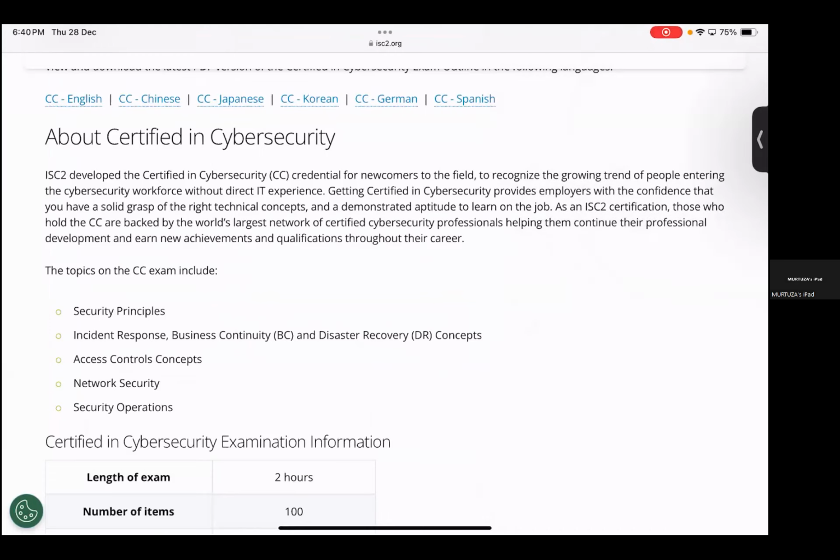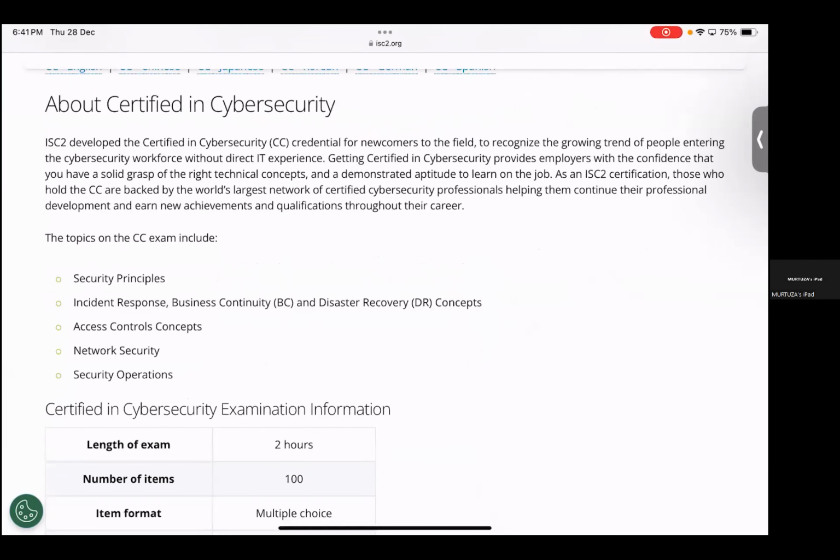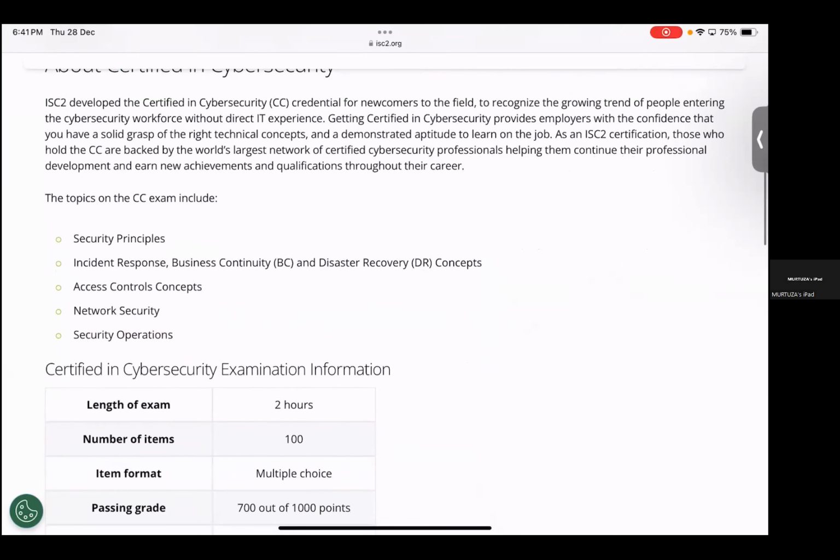Right. So we'll start with the pattern of the exam, some of the details of the exam on the ISC2 website itself. This is publicly accessible. It's not something confidential. It is publicly available. You can go ahead and check by typing the URL that you see here, isc2.org, and they have registered for their exams or they have downloaded their material, which we are currently discussing in